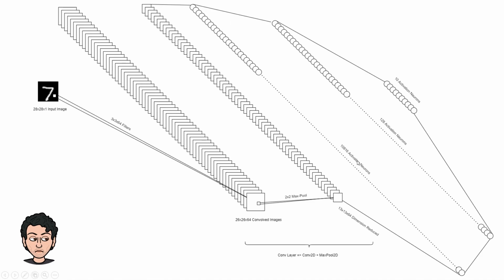So 10,816 activation neurons, and then I'm going to use a standard dense net where I'm going to give it 128 neurons, and at the end we will have 10 activation neurons for our output layer. Well, why 10? You know it. We are going to classify digits, so digits lie from 0 to 9. So 0, 1, 2, 3, 4, 5, 6, 7, 8, 9. All right, so one of them is going to get us the probability that is desired. This is the bigger picture of our entire neural network.